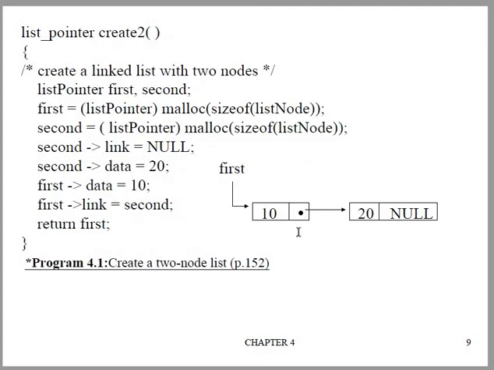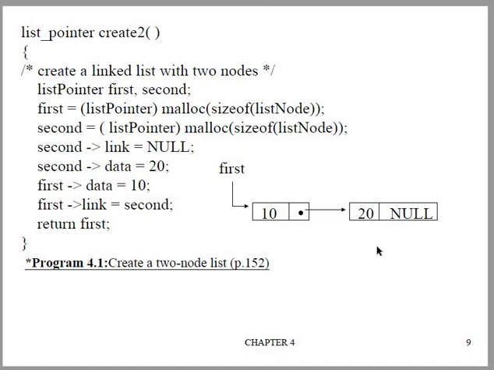Now we are going to create two nodes, so that's why it's named the create two function. You can name it as you want. We will create the list pointer, the first node pointer and the second node pointer, and for the first node and the second node we have to allocate the memory space using the malloc function. Whatever the size of the node, that much memory space you have to allocate. And after that, in the first data, read the data from the user.